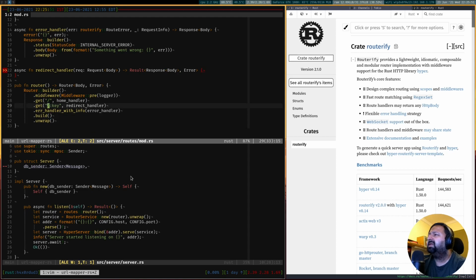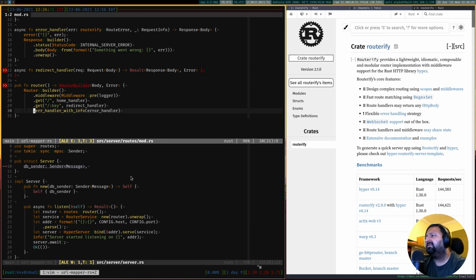I'll be making a few changes here to improve upon this. Obviously, I do not want to pass my sender here within the routes. Let's set that up within our server instance. And the way we'll be doing that is, instead of returning a router here, I mean all the other routes which we will implement subsequently will be returning a router. However, here specifically, because this is the entry point of sorts, I'm going to return the router builder instead, which means I will not be building my route.